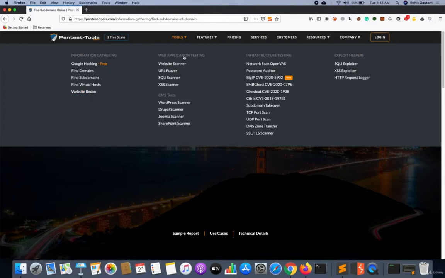For web application testing, they have website scanners, URL fuzzer, SQLi scanner, XSS scanner. They also give CMS tests, which is the content management system test. And you can use the WordPress scanner, Drupal scanner, and Joomla scanner to scan and detect vulnerabilities in these major CMS. They also provide infrastructure testing over here, as you can see, and we have the latest